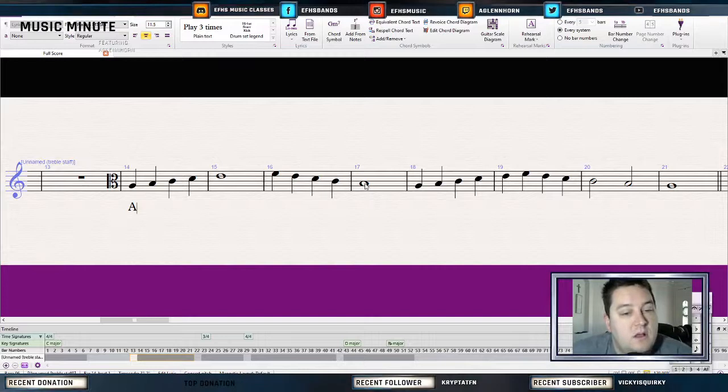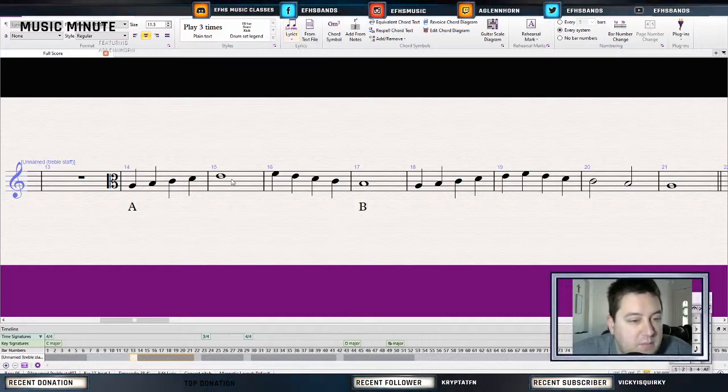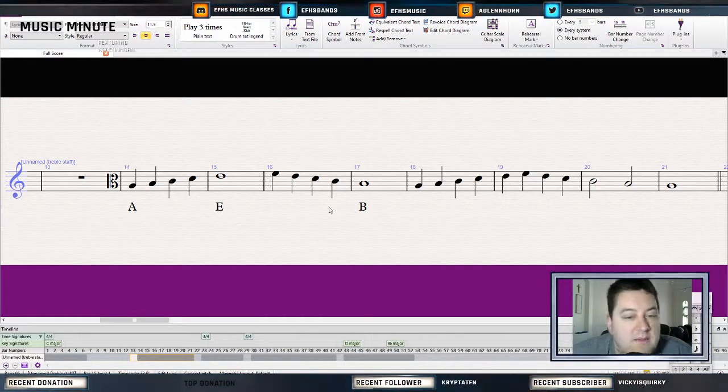Okay, so there's a longer note. So one of the things that I would also do to help me out is I would go like this. This is a B. This is an E. And now I have some reference points, right? A, B, C, D, E, F, E, D, C, B. A, B, C, D, E, F, E, D, C, B,